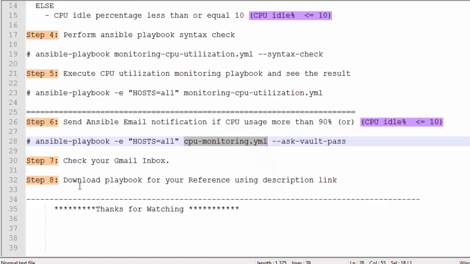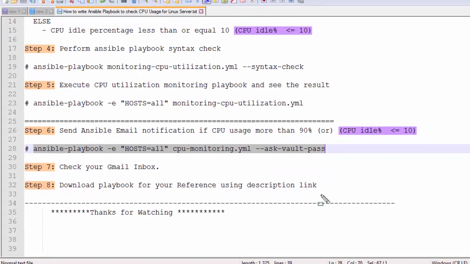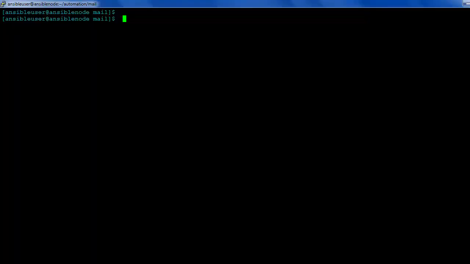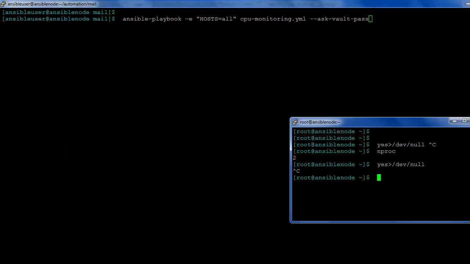I execute the playbook using Ansible Vault, because I have encrypted my Gmail application password. That is the reason I am using Ansible Vault. You can also download the same playbook from the description link and follow the same. Before executing the playbook, I have to execute the same command again, because only then will the CPU utilization become more than 90%, which means the idle percentage will be less than 10%.